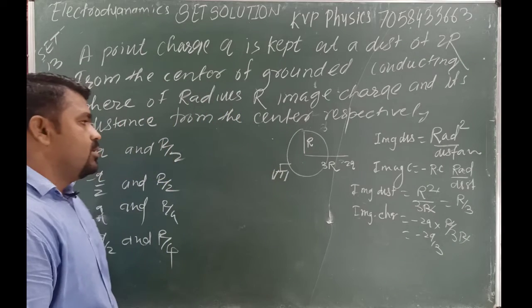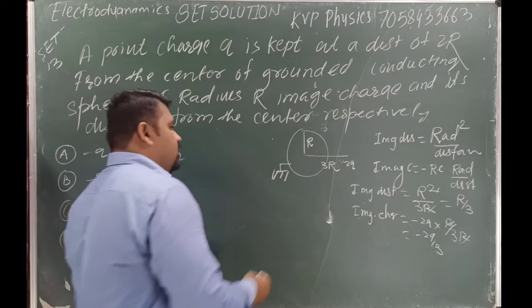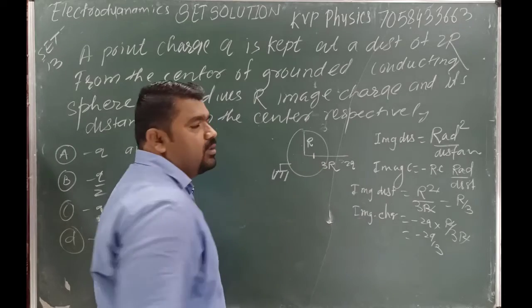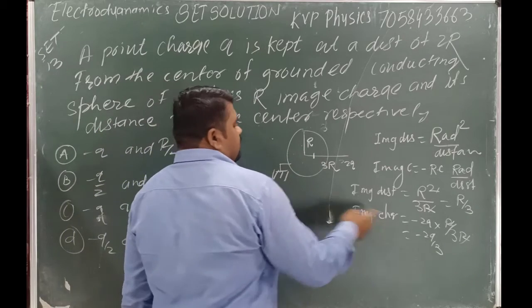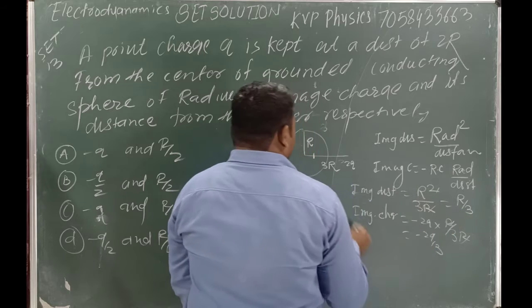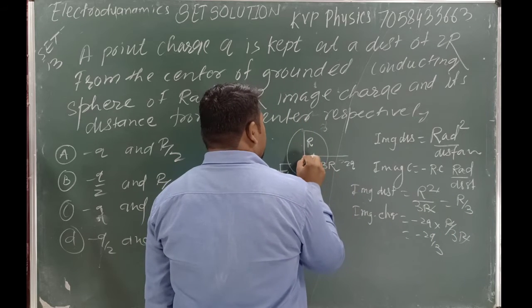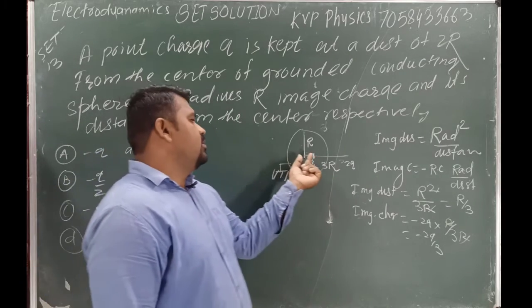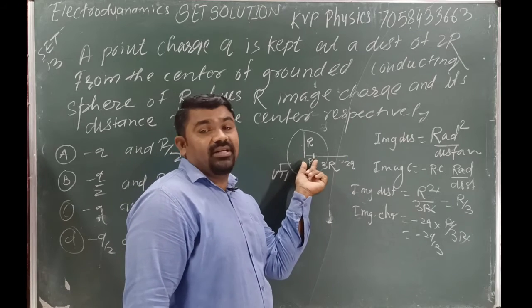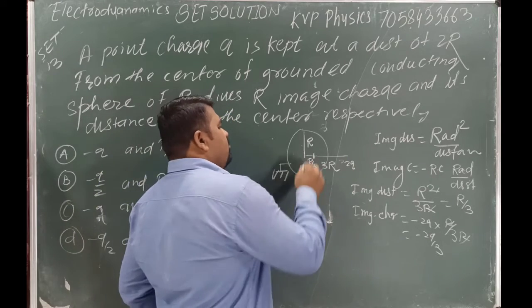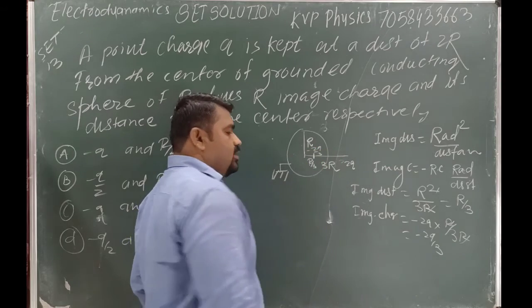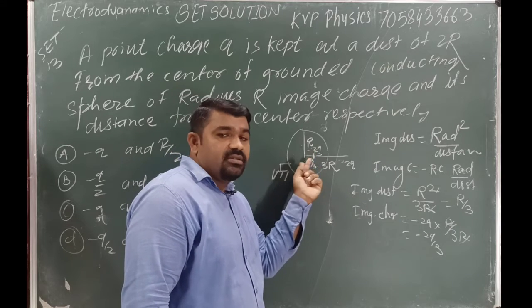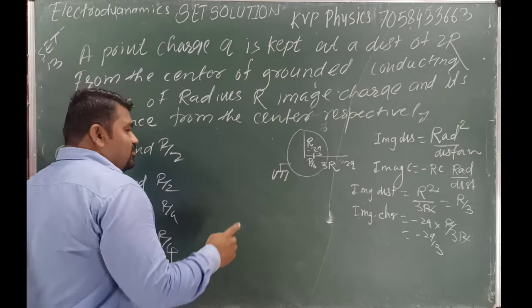Now next one. Where can we place the image? Always memorize: we can place it along the line, but with respect to the center we place it at r by 3 distance. Image distance is r by 3, from the center to this point. पूरा तो हम डिटेल में नहीं जा सकते अभी. बस याद रखिए कि ये लाइन पे मुझे इमेज चार्ज प्लेस करना है. कितना मेरा इमेज चार्ज आ गया? -2q by 3. At how much distance? r by 3. Now we are getting the two charges.